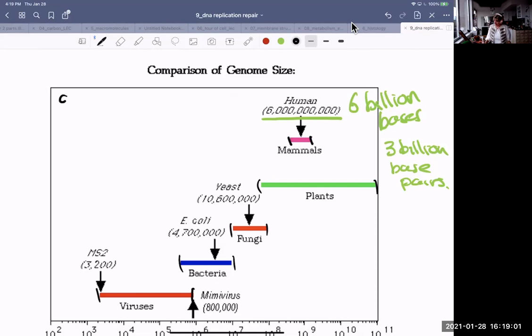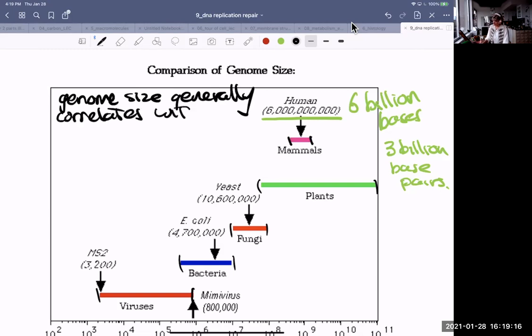So genome size normally correlates with genome complexity. But there are some anomalies. The herpes virus, for example, has 230,000 base pairs, quite a lot for a virus. And some of the larger genomes,